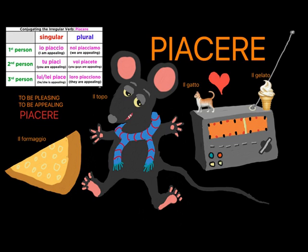If you have here a mouse that likes, let's say, cheese and doesn't like cats. Is it logical for a mouse? So remember, or maybe you don't remember, that in Italian il topo is the mouse, il formaggio is the cheese, il gatto is the cat, il gelato is the gelato. Some people translate it as ice cream, but it's slightly a different product, so probably it is not exactly ice cream, even though similar. So the verb piacere is to be pleasing or to be appealing,